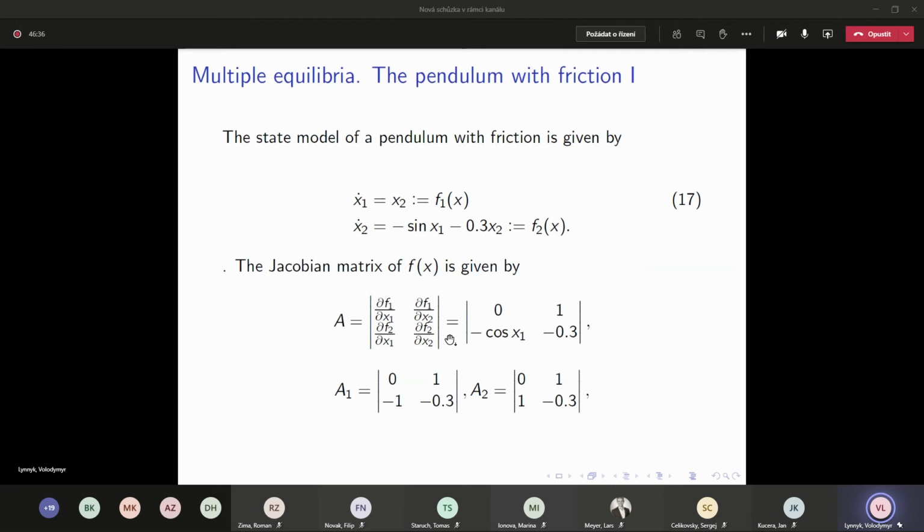We know that the pendulum has equilibrium points at (0, 0) and (π, 0),